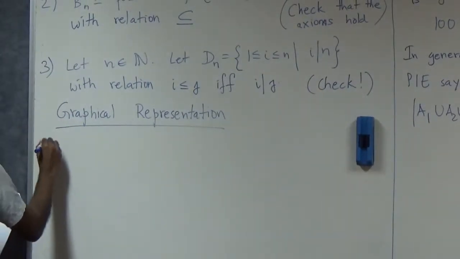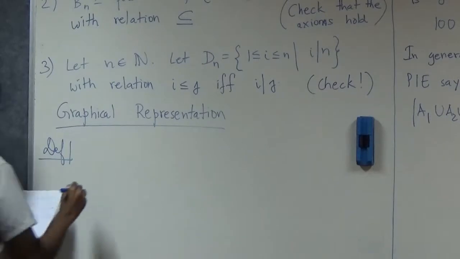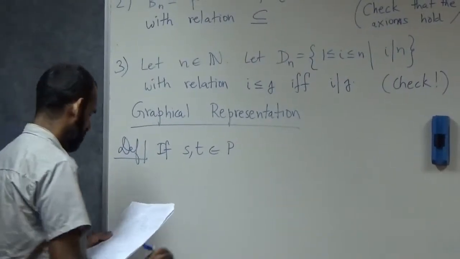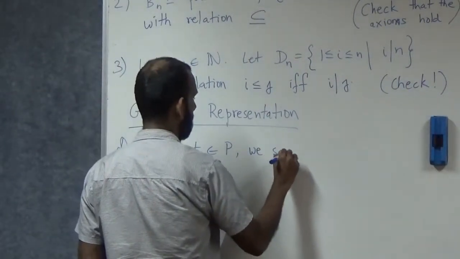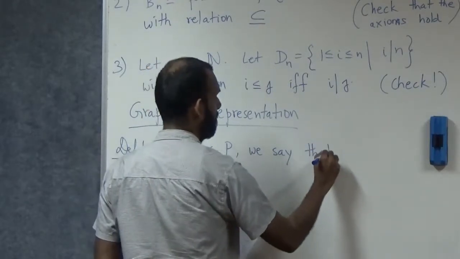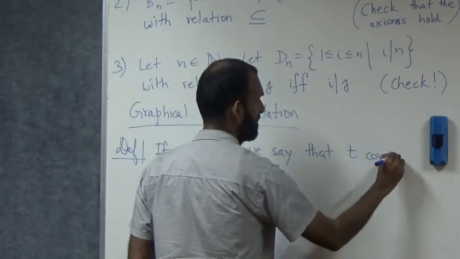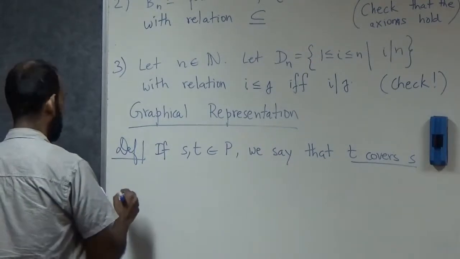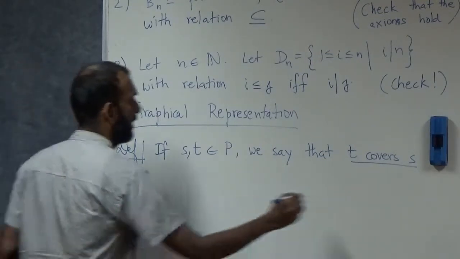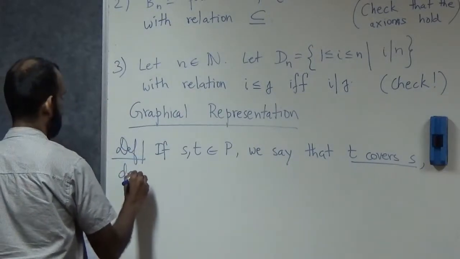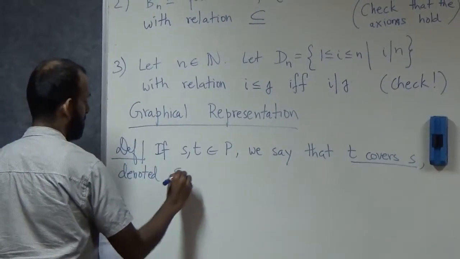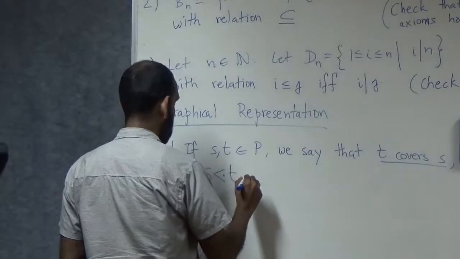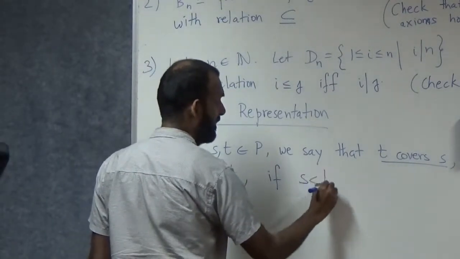So if S and T belong to P, P is a poset, of course, we say that T covers S. We're defining the meaning of the word cover, and this is sometimes denoted S less than, but with a dot, T. If S is less than T,